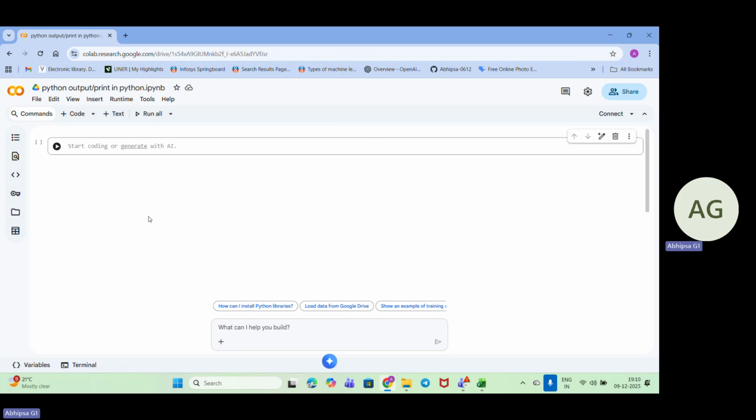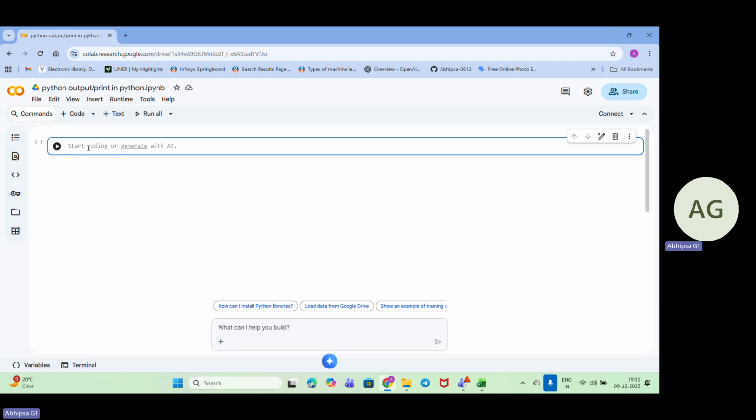Similarly, when we talk to Python, we give some query and Python gives us the output. So Python is actually talking to us. So what is this print statement? Print is a special command in Python that tells the computer to show some message that I want on the screen.